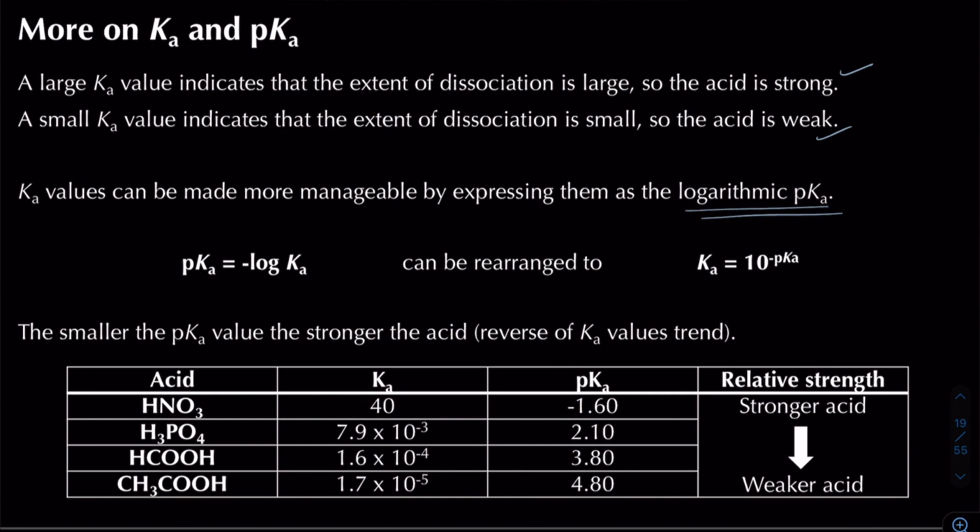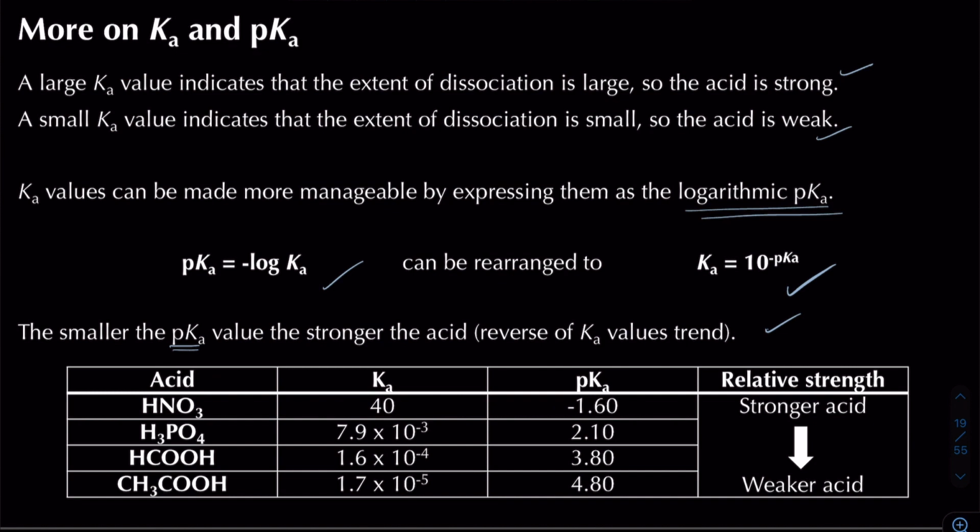We've got pKa being equal to minus the log of Ka, so that's how we can actually get a value for pKa, and then we can translate that back by doing 10 to the minus pKa to find Ka in that case. So we've got two equations here that we need to be aware of. Now if we were to look at pKa values, we say the smaller the pKa value is going to be, the stronger the actual acid is going to be,